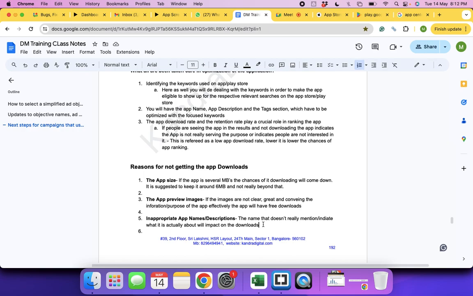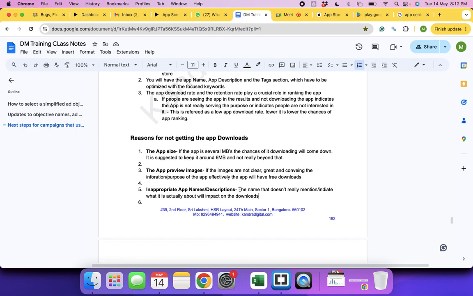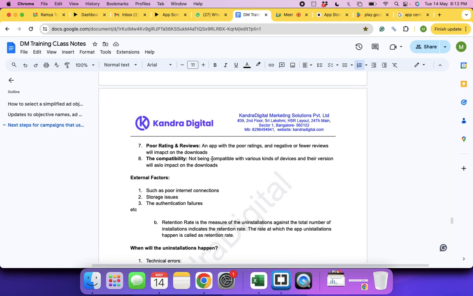But apps like document or photo scanners, people will download them when they are necessary, so they won't market them. But then they have to make sure that they are relevant for people to download. Relevant titles and descriptions indicate good chances that they would add value or improve the CTR. Okay.